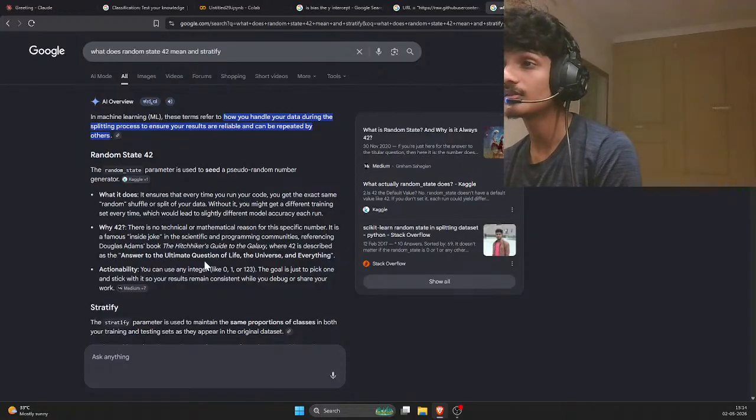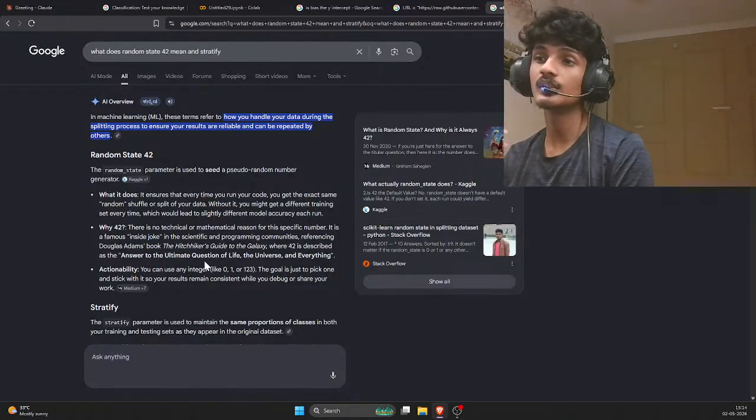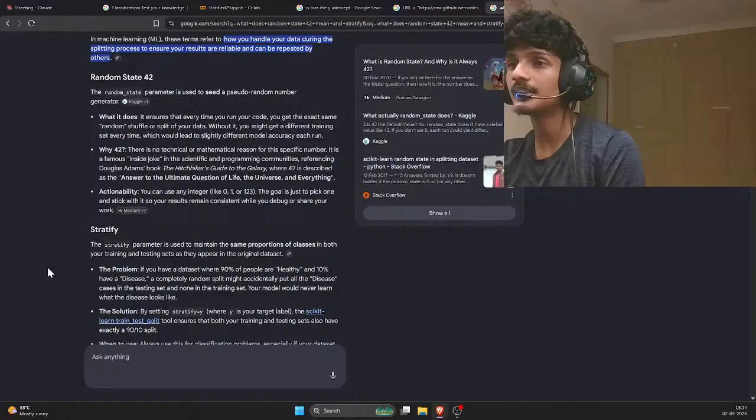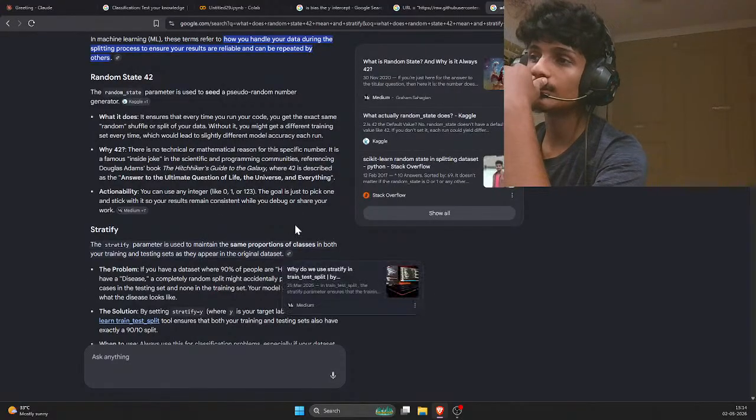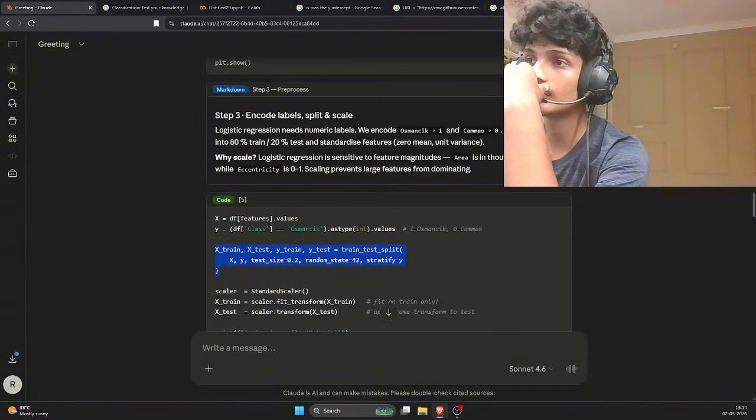Inside joke. The random state key is used to maintain the same process. Anyways,